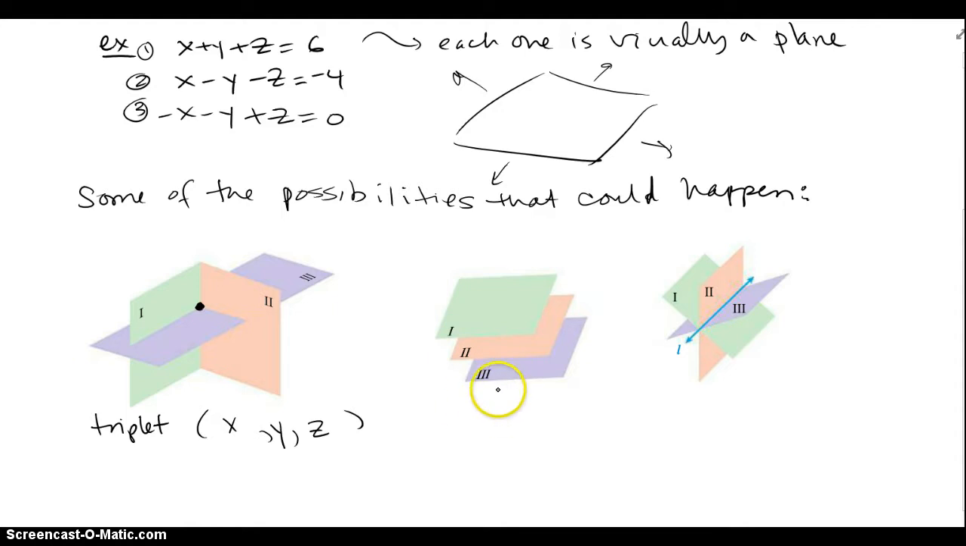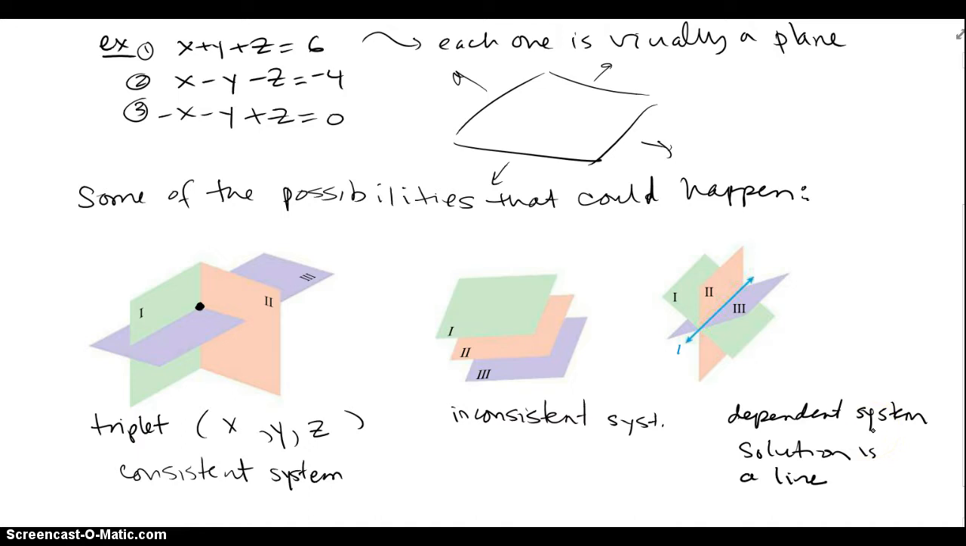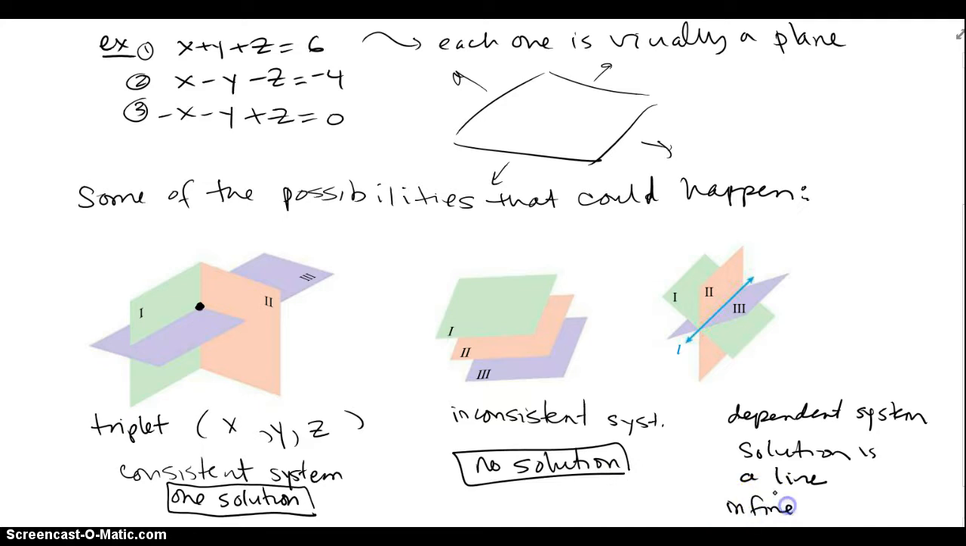The next thing that could happen is you could have an inconsistent system. So this of course is a consistent system because we actually see what they have in common. An inconsistent system because the 3 planes, so the solution is actually a line. In this case we have one solution. Here we have no solution. And here we have infinitely many solutions. The one that we're going to focus on mainly is the first one, where we find a solution